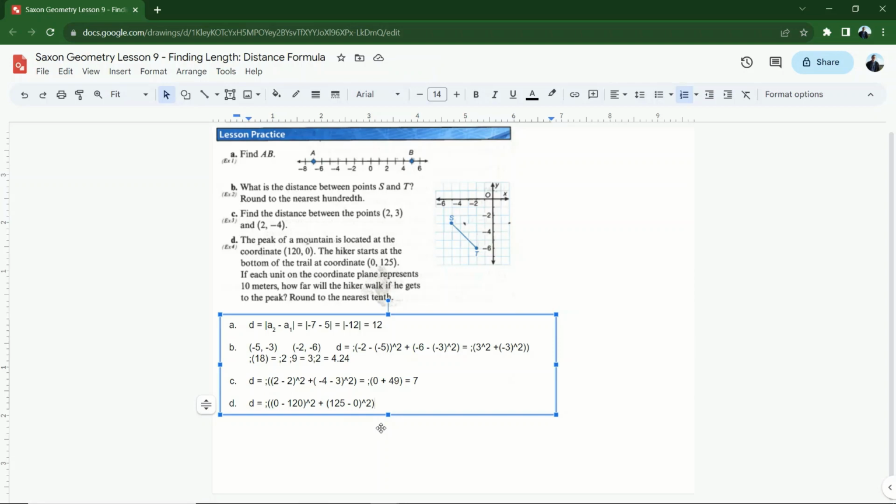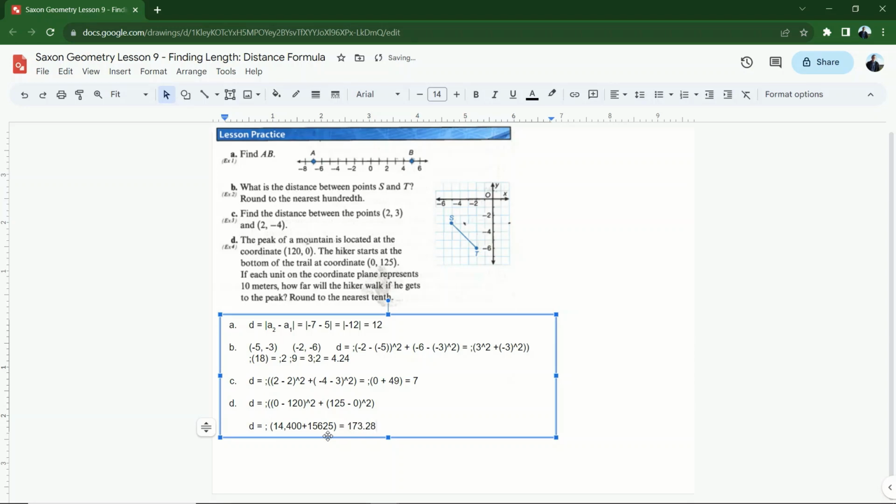Well, okay, so I have to use a calculator for this. 120 squared is 14,400. So the distance is going to equal the square root of 14,400 plus, let me put in my open parenthesis back here too, 125 squared, which is 15,625. And then I need to take the sum of that number and 14,400, and I'm going to take the square root of that, and I get the answer d equals